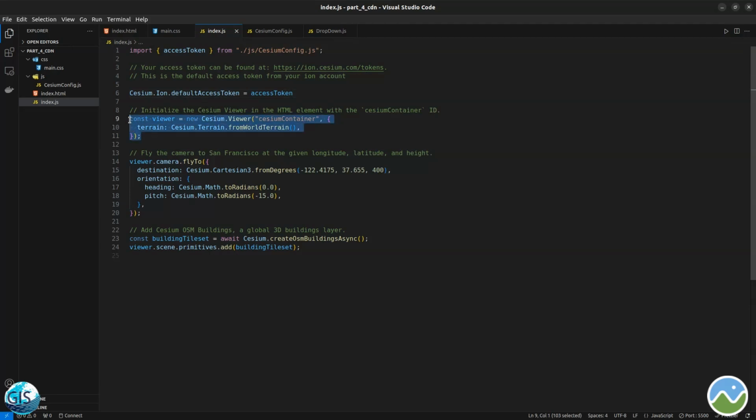Then here is the viewer. So here you can add a lot of things. You can add, for example, world terrain and Bing images. For example, here you can say, okay, I want to activate the shadow and such things. We will talk in detail in the next tutorials. And then after that, here is the fly to. Here we have the longitude, latitude, and height. And here are the roll, pitch, and heading. And here is the building